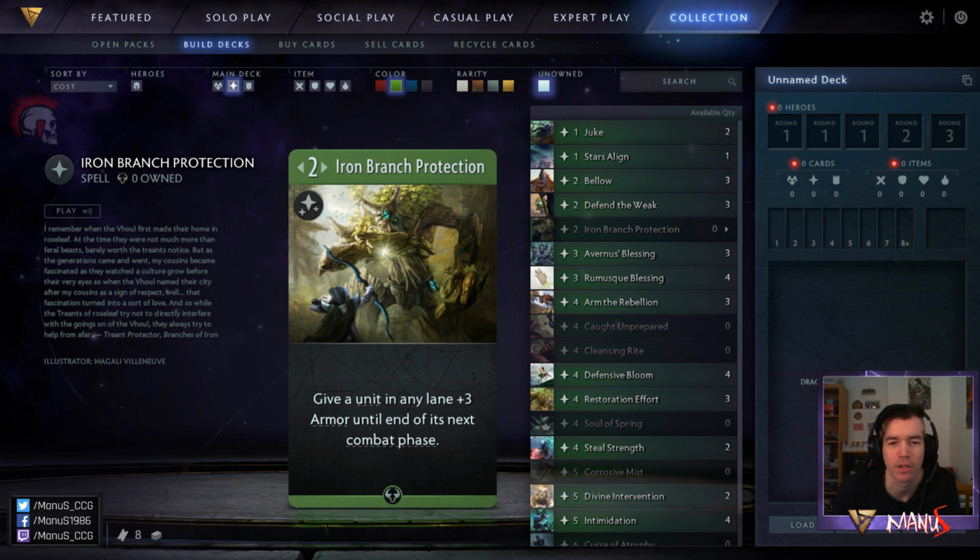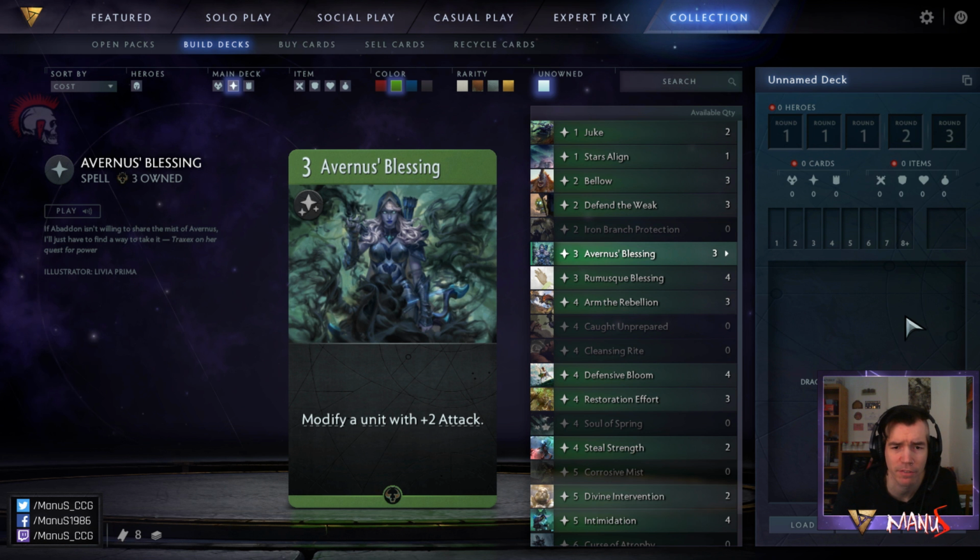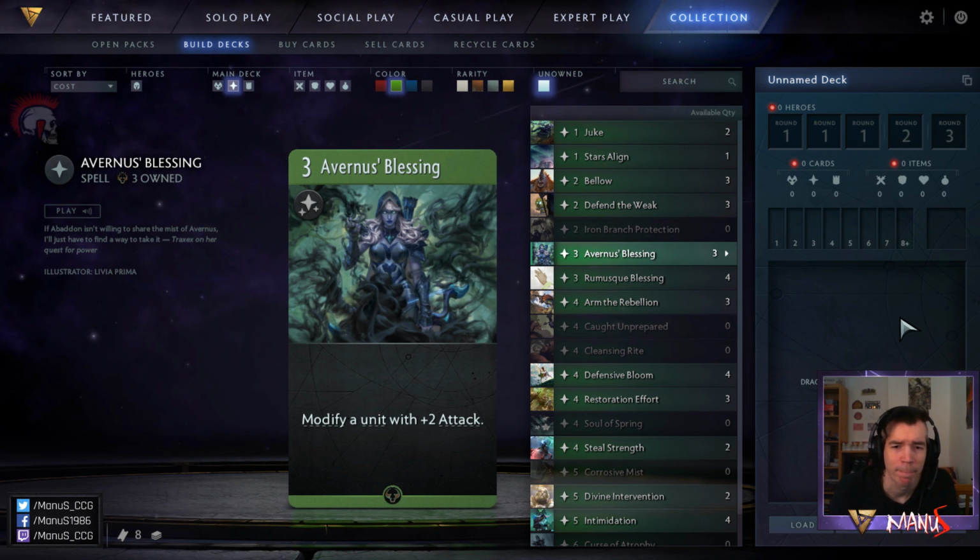I almost never end up with this in my deck, and in Constructed it's not worth talking about. Next we have Avernus Blessing, another non-starter in Constructed, but in Limited this is fine. I think it's even better than I initially thought, because this is basically a more flexible combat